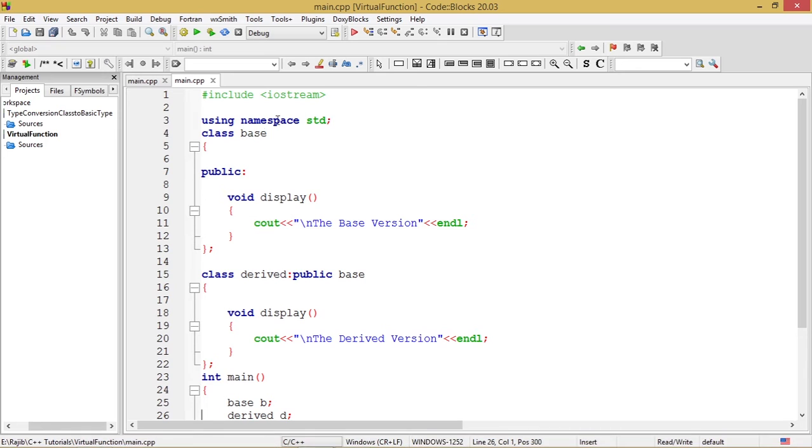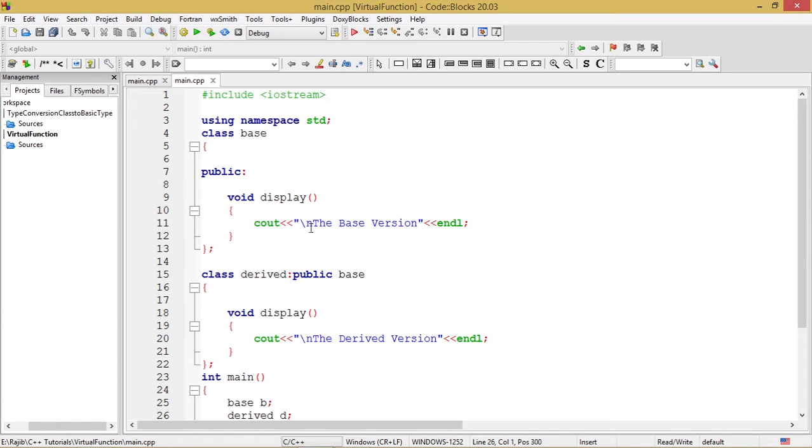#include <iostream>, using namespace std. Class base, I have taken a class base which represents the base class, under which there is the public section in which there is a member function display.